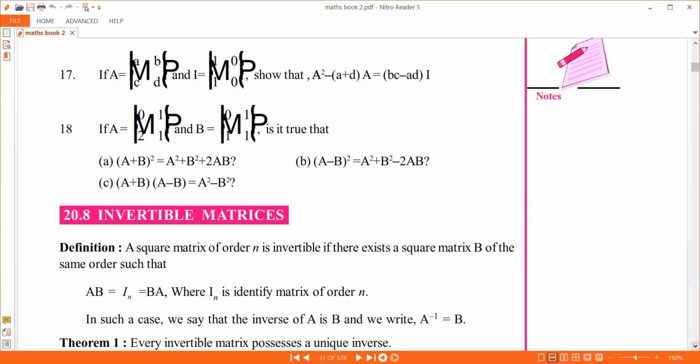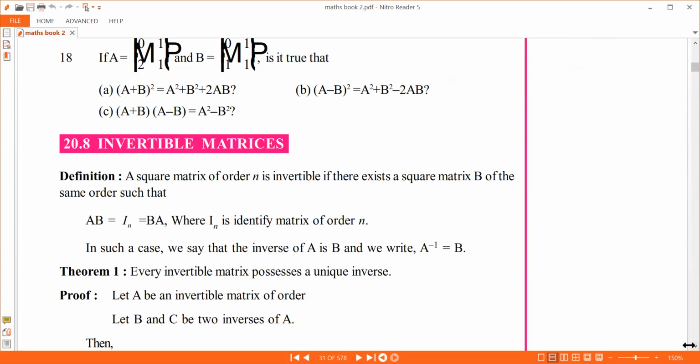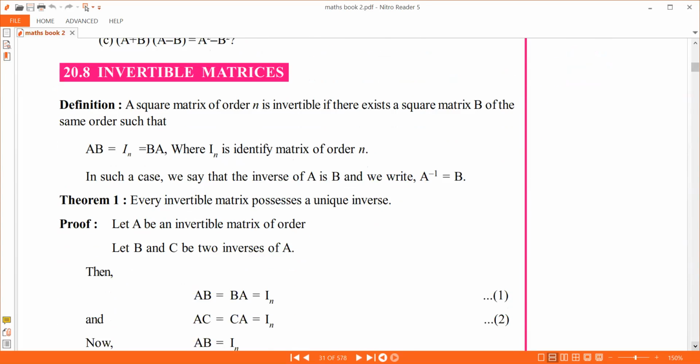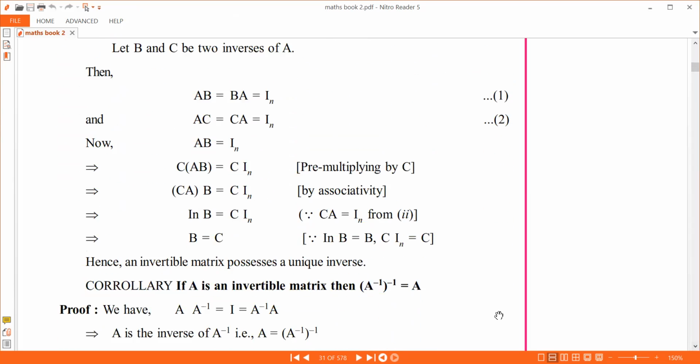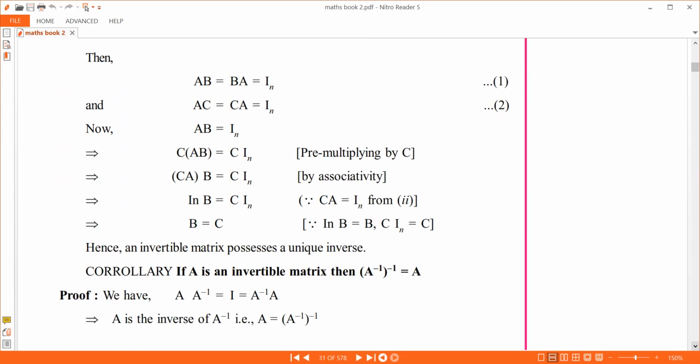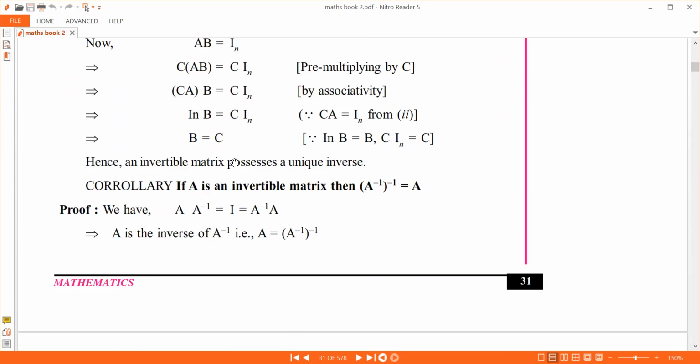What they have done, what they will ask. Now you understood what is what. So this explanation will be coming. Don't worry too much about that. So this is the important thing. I'll circle this. This is important. A into A inverse. This is the thing.